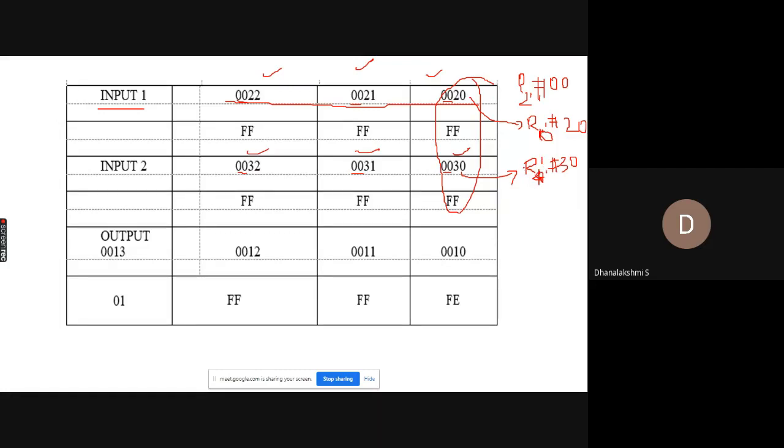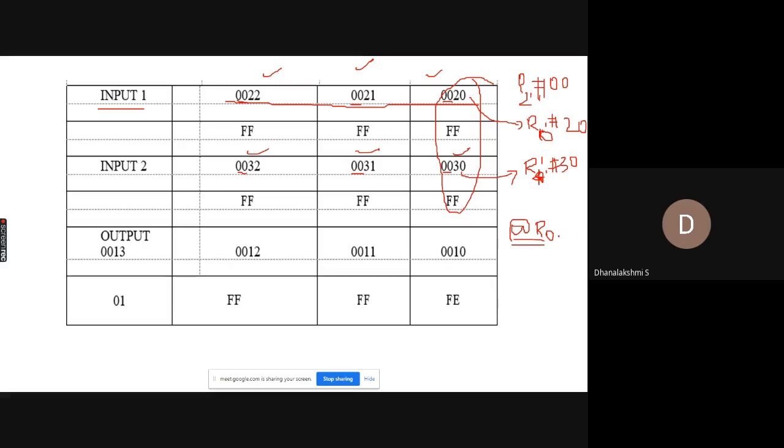R0 and R1. So P2 is common for all, so it is stored with 00, since all the upper bytes are same. Now if you use @R0 in order to fetch your data, this R0 gets paired with this P2 port. So port 2 gets paired with R0 and you will end up with the memory location 0020. After this instruction, you can fetch FF and store it in the accumulator.